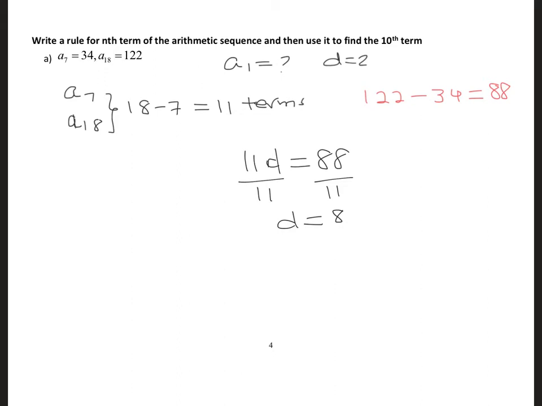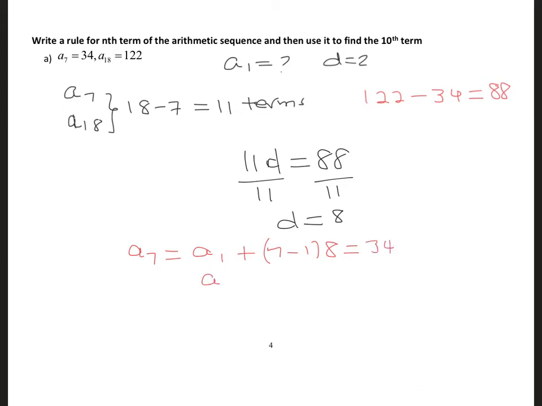When I know what d is, now I'm going to find the first term. So I know that the 7th term is going to be given by a1 plus n minus 1, so 7 minus 1 times 8,